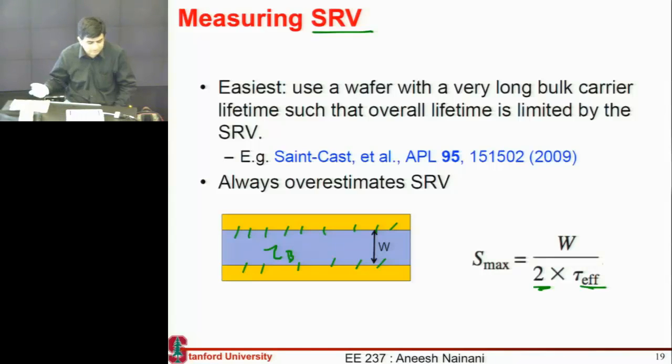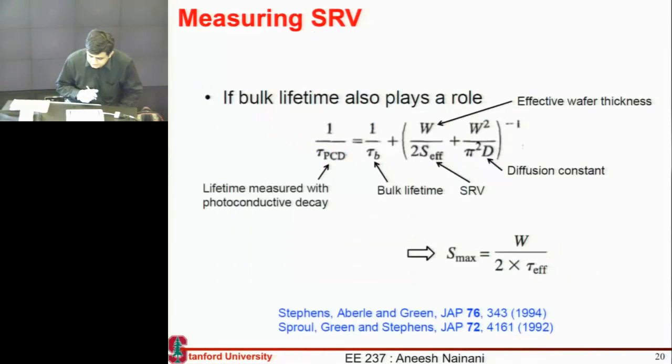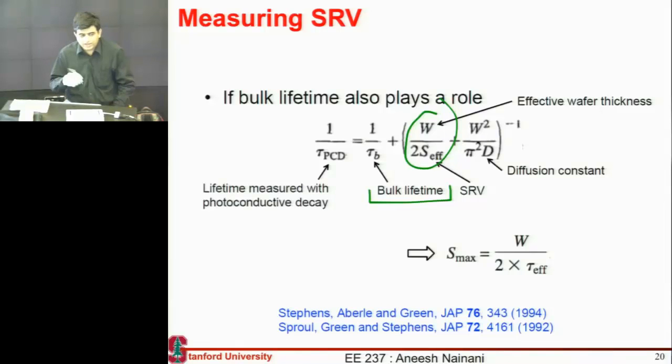So this factor of 2 comes in, and you use that to essentially estimate your surface recombination velocity. So you use that same setup, with a piece of semiconductor which has very high bulk lifetime, and then you use that to measure your surface recombination velocity. Usually in this formulation I've assumed that the bulk lifetime is negligible, but usually that plays a role as well. So you use this more complicated equation where you assume that the bulk lifetime is there as well, and then